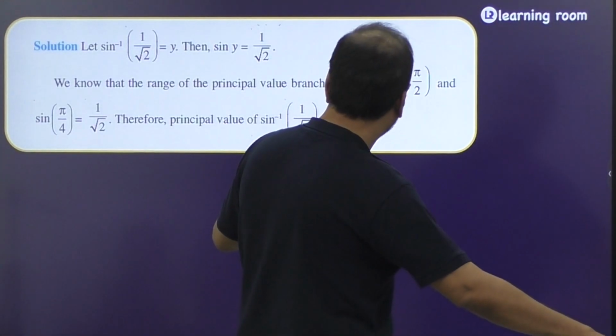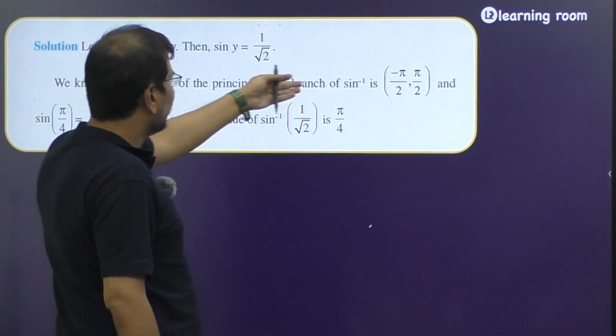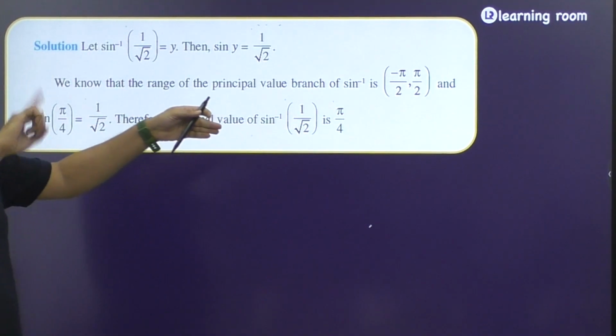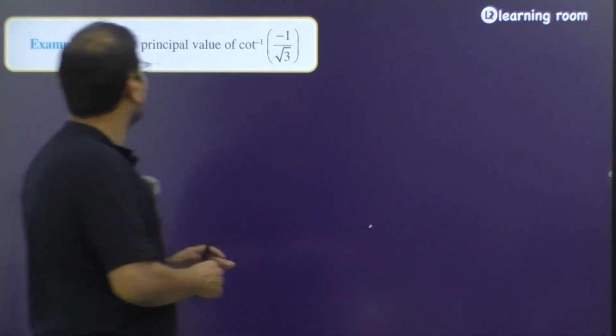I hope it is clear, right? So I told you, this is how they write. We know that the range of the principal value branch of sine inverse is between minus pi by 2 to pi by 2. Hence, pi by 4 lies between that. We take that value. Okay. All the story you need to write. Now you see,